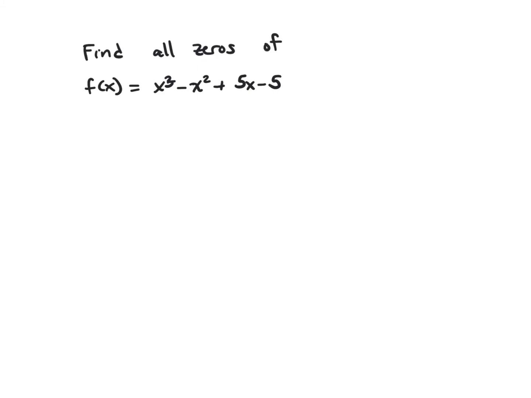Alright, just a quick example on how you find the zeros of a polynomial function. Now there are essentially 3 steps in doing this. The first one, we are going to try to find all the possible rational zeros. Now rational numbers are just numbers that could be written as fractions, so that could be a fraction,